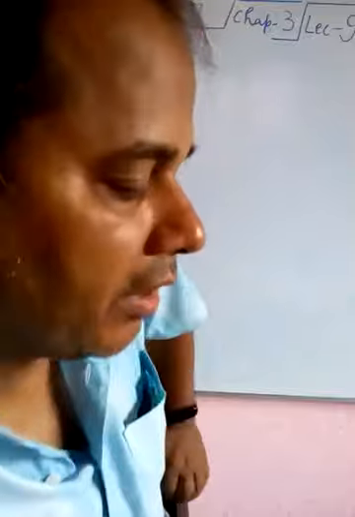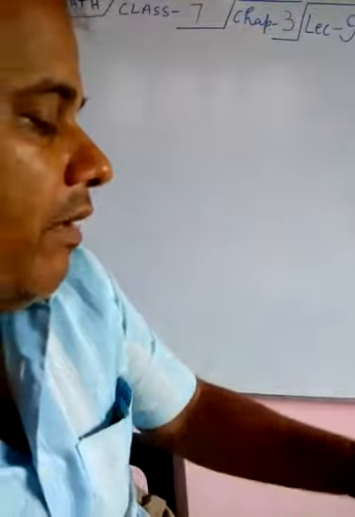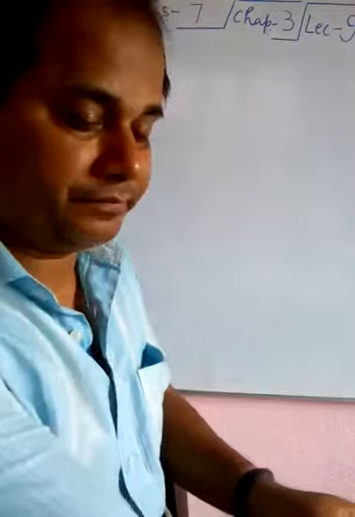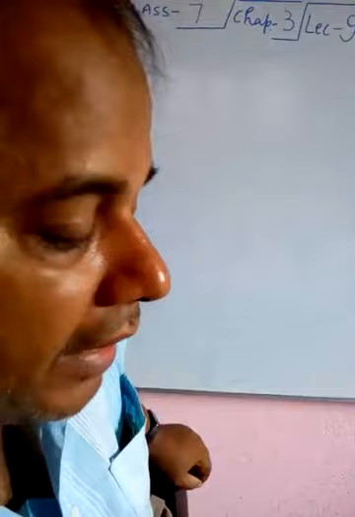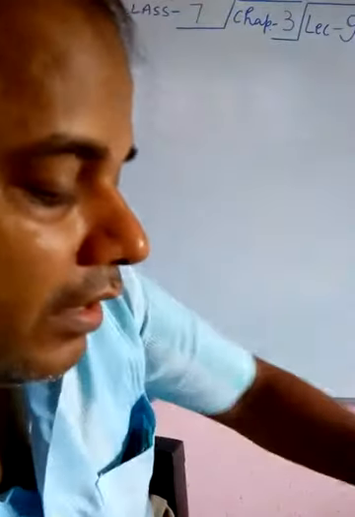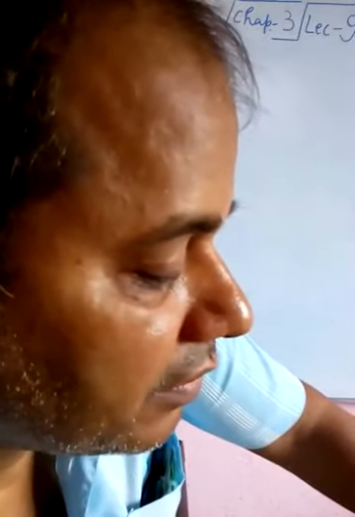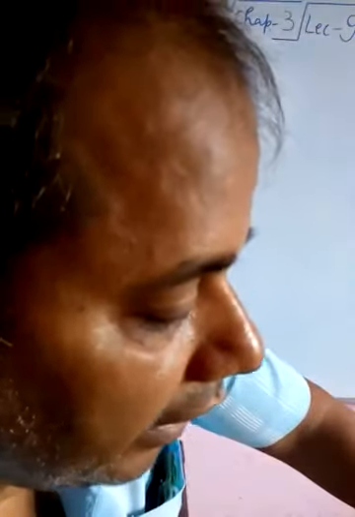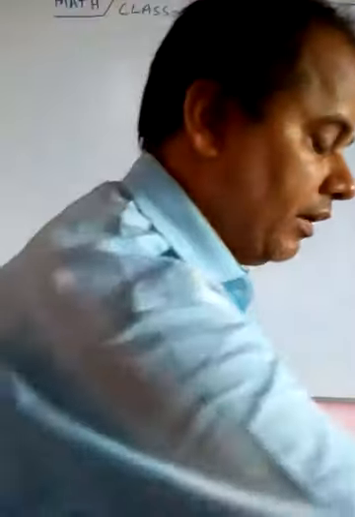Now, example number 21. This is on page number 65 of Arya Book Depot of class 7. Example number 21 is saying simplify minus 3 by 4 plus, in bracket, 5 by 6 minus, in the small bracket, the curly bracket, minus 7 by 8, both the brackets closed. So we have to write here